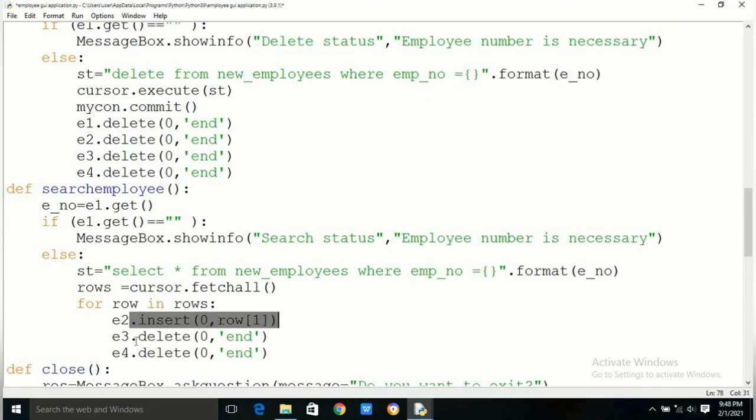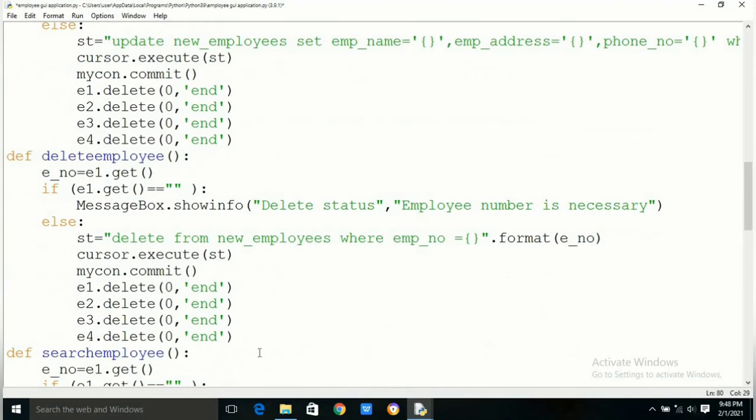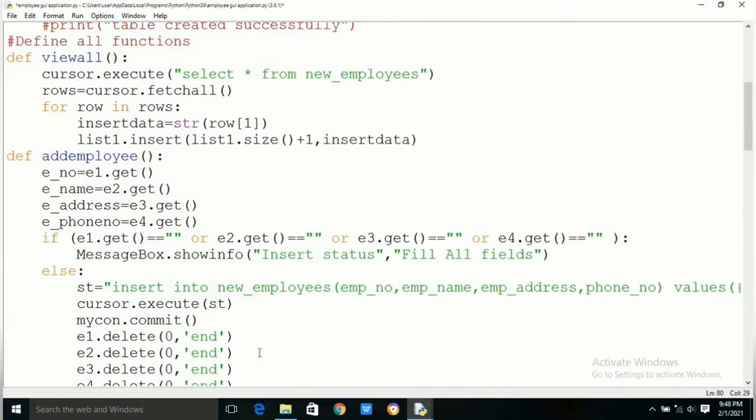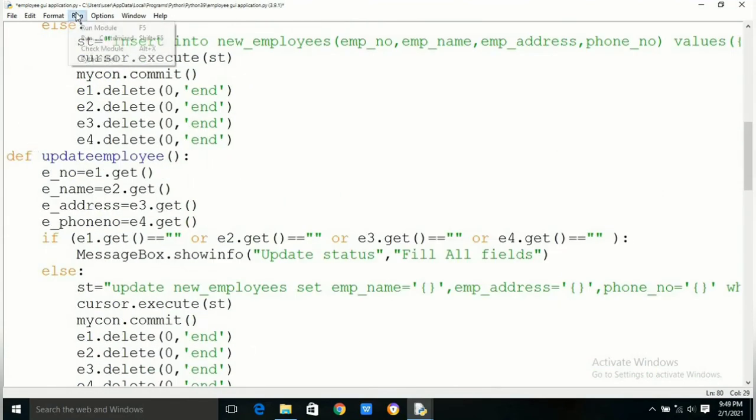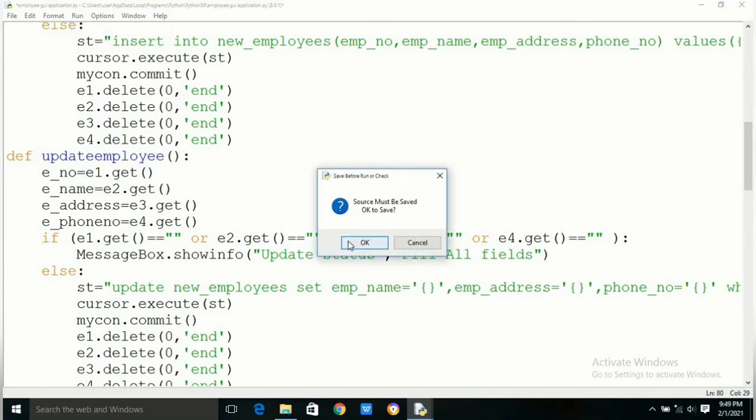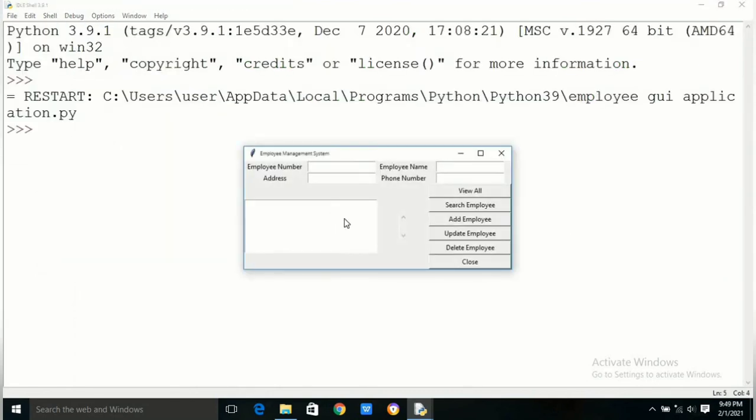First we will insert an employee. We will insert one record and we will check in the MySQL database whether the inserted row is there in the table or not. This is a small project. To start with, we can enhance the validity of each text field.